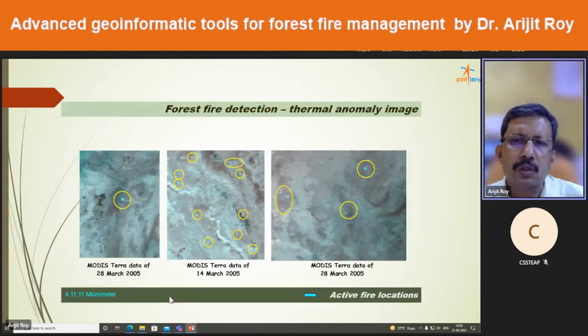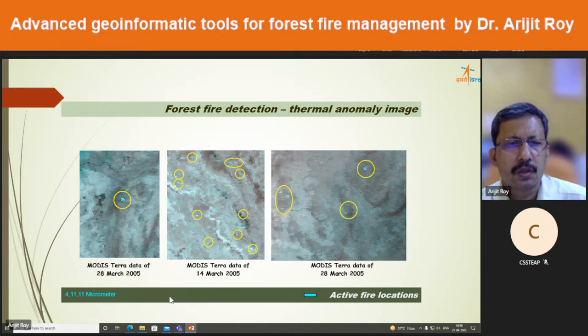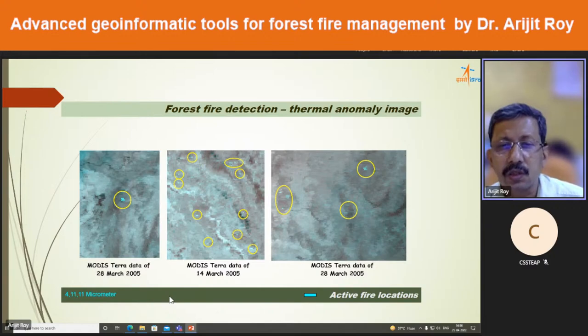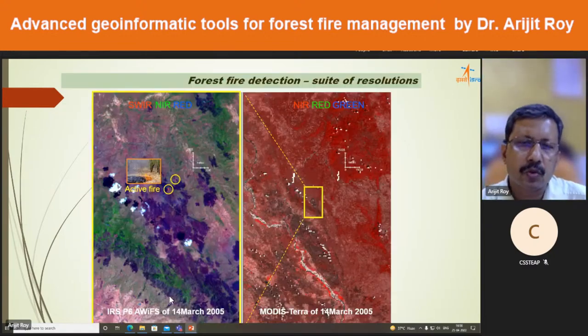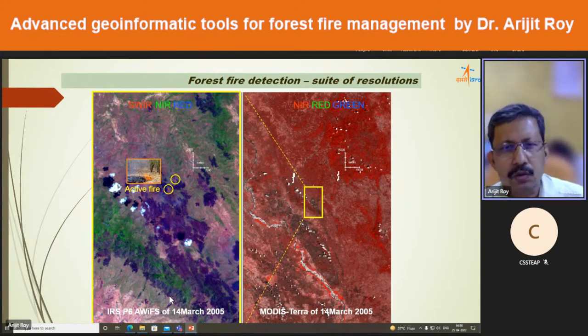So this is how the thermal anomaly is basically detected. A thermal anomaly is basically a pixel which has a brighter thermal reflectance than the surrounding area. And these pixels are picked up especially inside the forested region. So while this was being carried out, the entire algorithm was being developed for the Indian scenario at NRSC. So two teams were there.